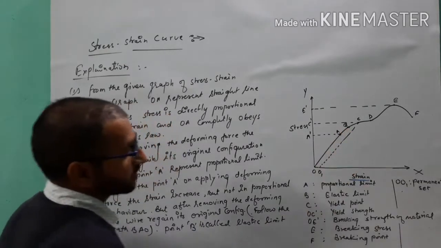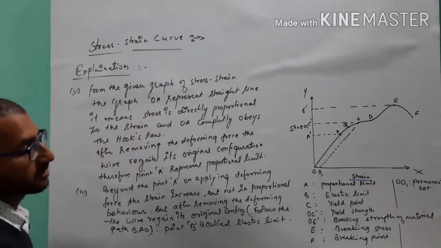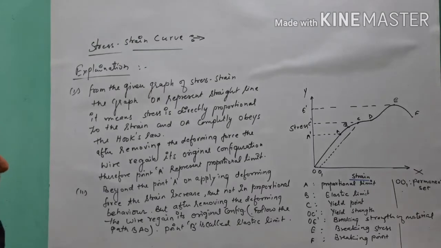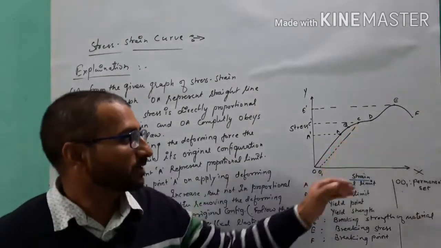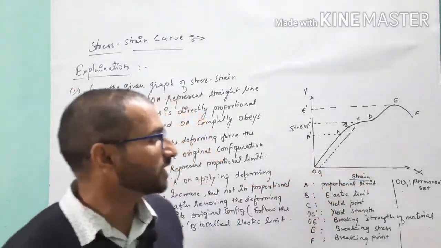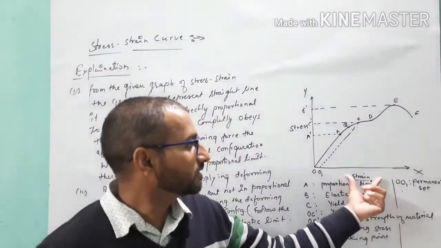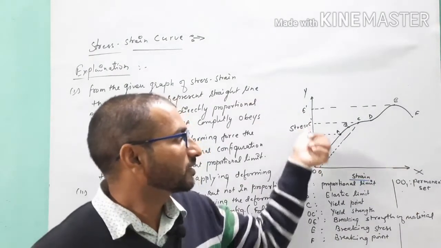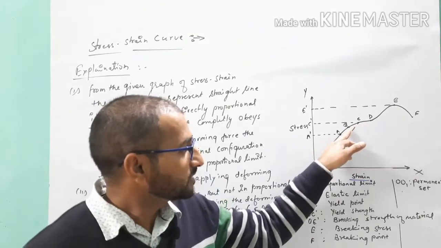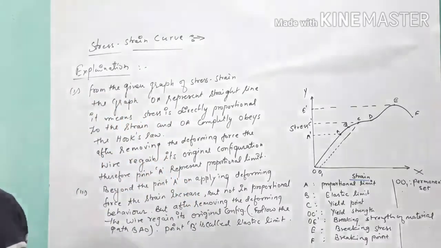So in this point B, the elastic behavior is there. So B is our elastic limit point. Point clear? And after this point B, we will discuss beyond this point B. If we increase the value of stress, we will see that the value of strain increases, but the increase in strain is more than the applied deforming force or stress. That's why the curve form is there from B to point C. Let us discuss this after this.